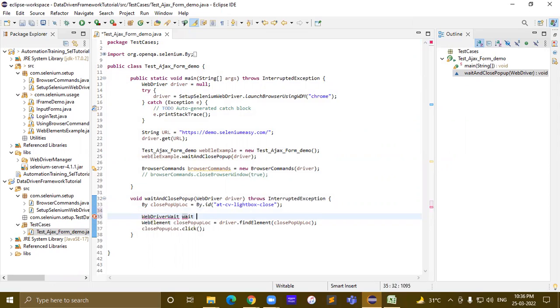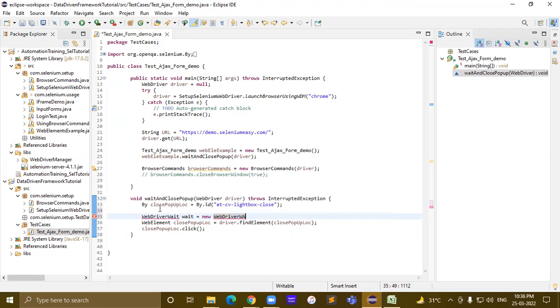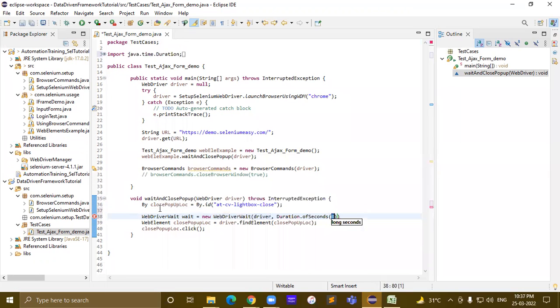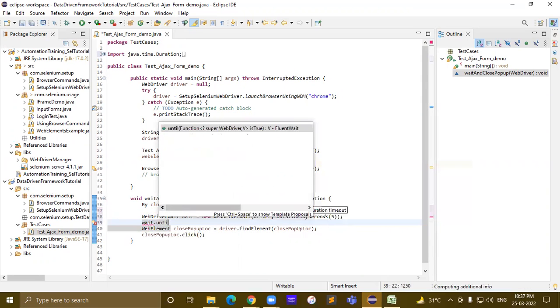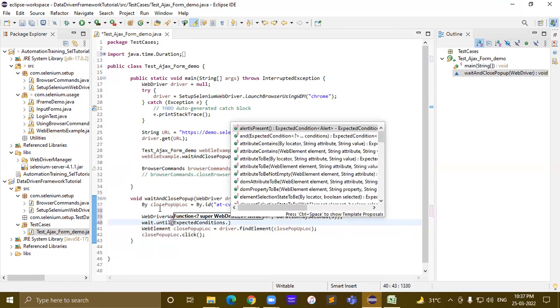Wait is equal to new WebDriverWait, driver, and what we should pass over here, Duration.ofSeconds, like 5 seconds for example, and here we will wait until ExpectedConditions, select this,